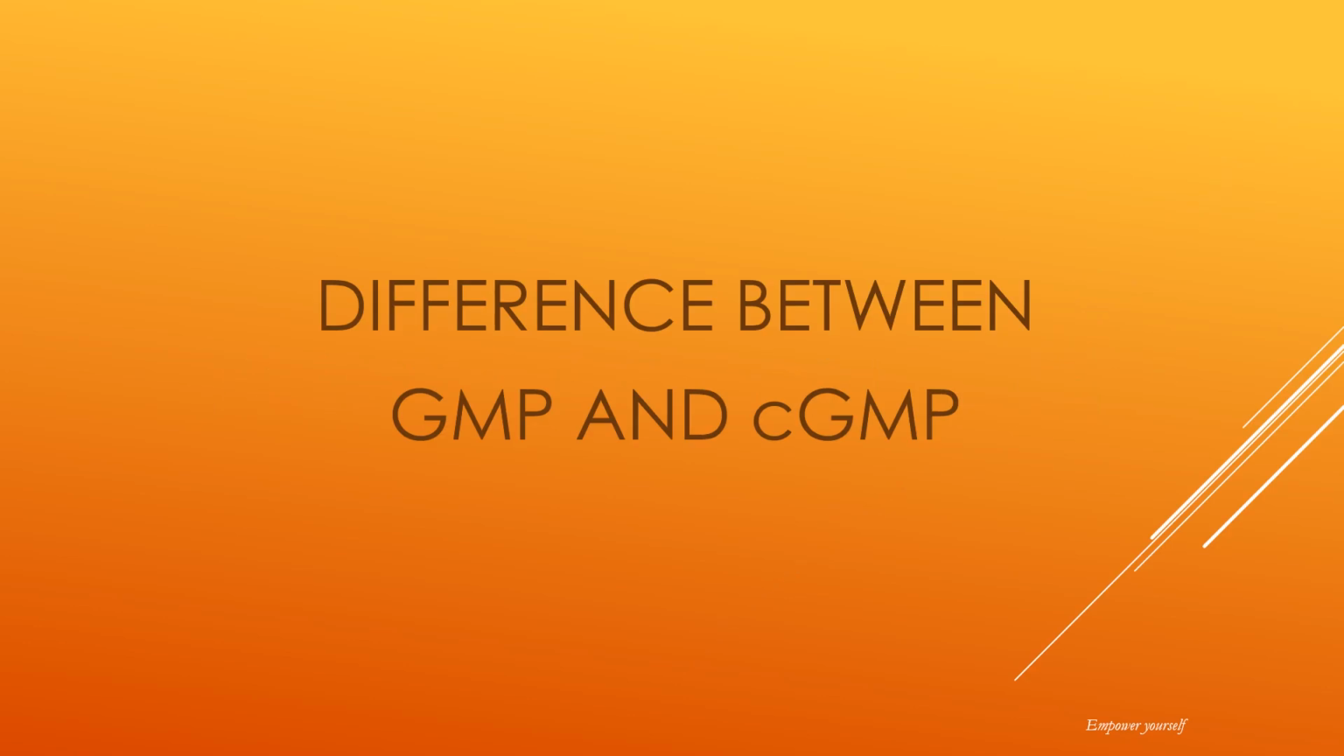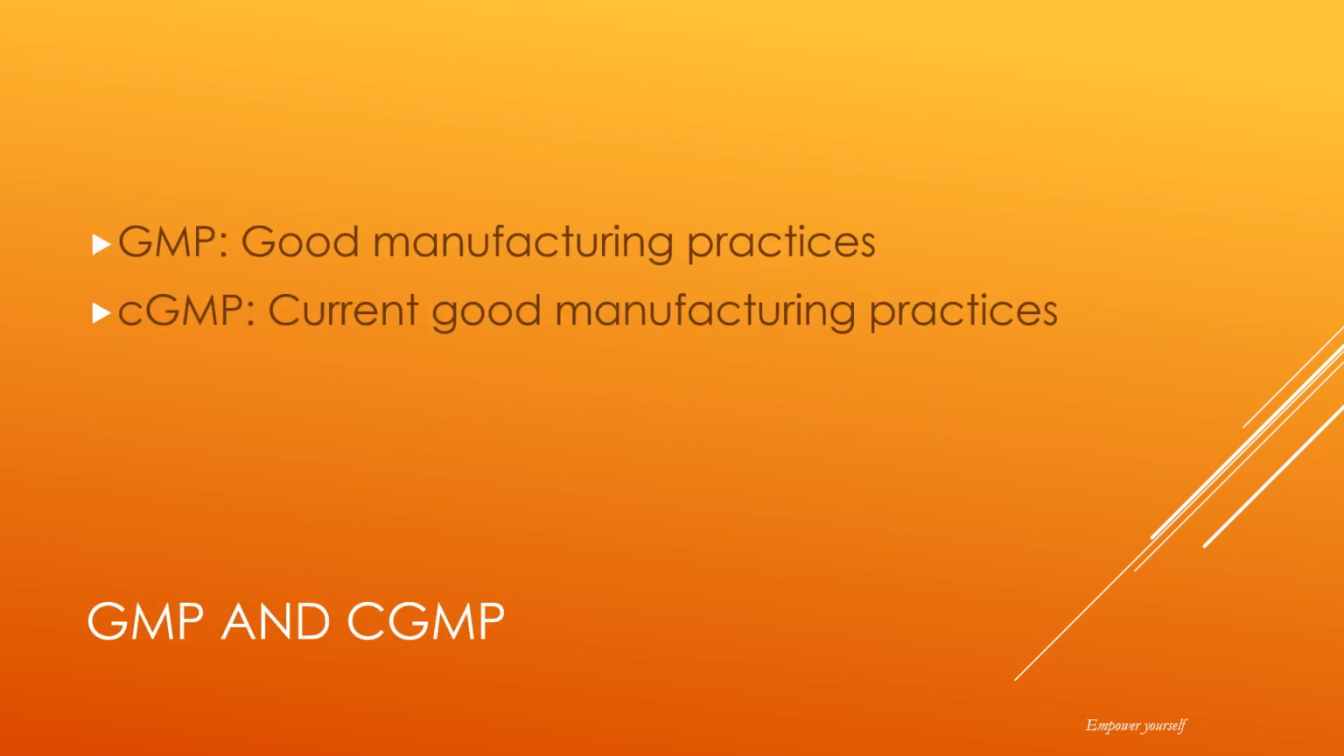Today we will talk about the difference between GMP and cGMP. GMP stands for Good Manufacturing Practices. cGMP stands for Current Good Manufacturing Practices. So the word